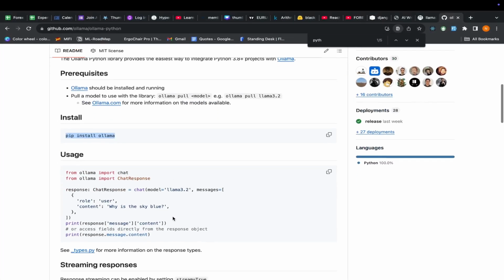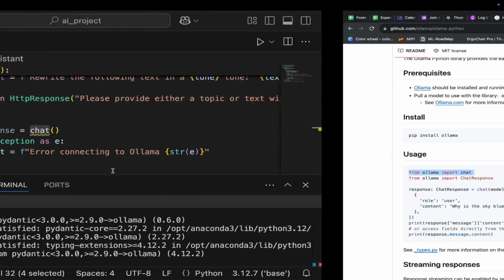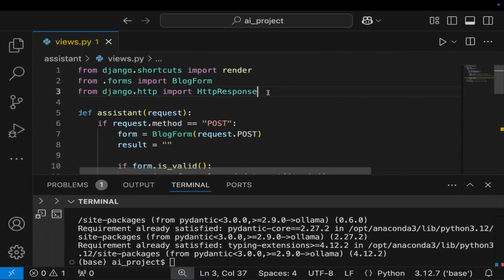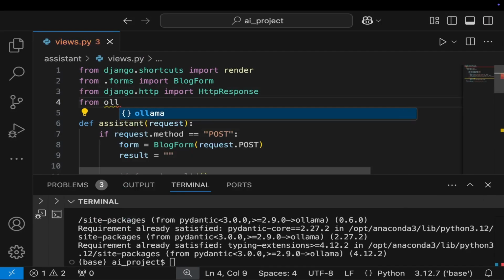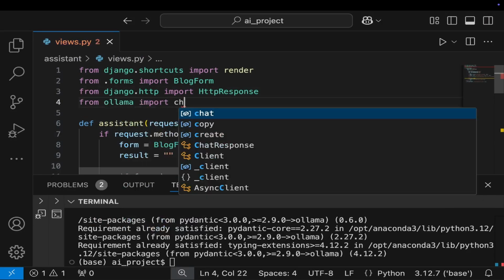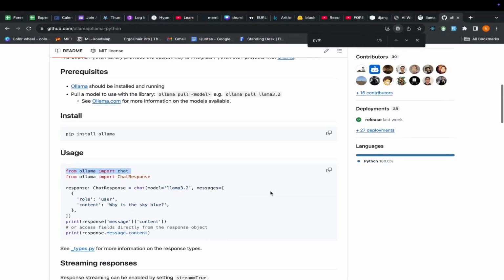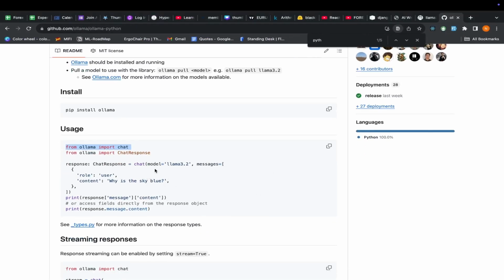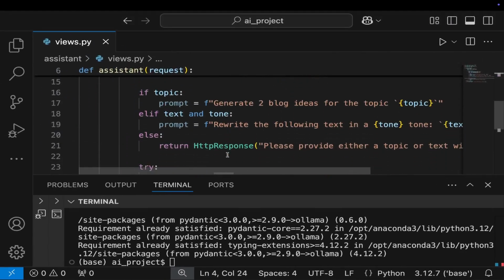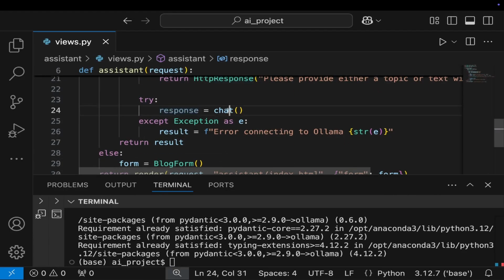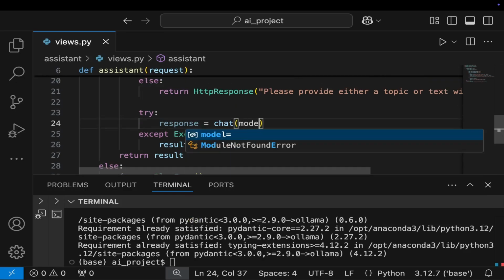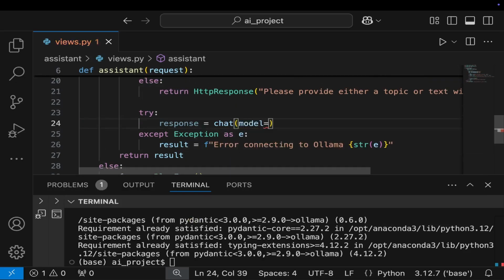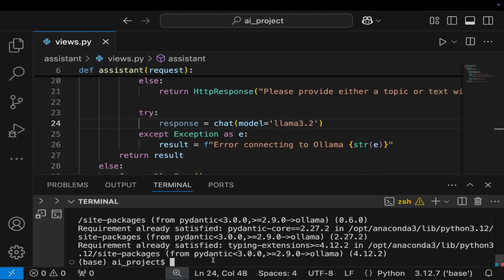When you're done installing Ollama, now we can say from ollama import chat. So we go up here and say from ollama import chat. After that, we can now go ahead to build the chat. Okay, so we say response equals chat, what we just imported, and after that we can specify the model. Our model, what we're interested in, equals a string, llama 3.2, and llama 3.2 is what I just showed you